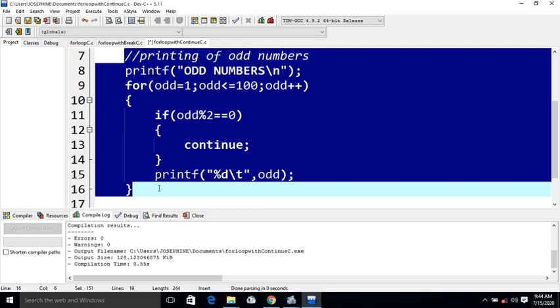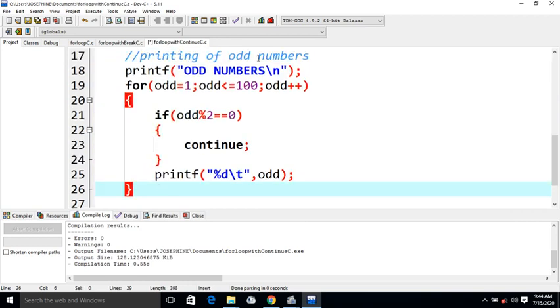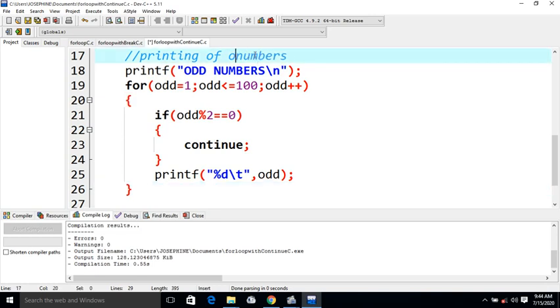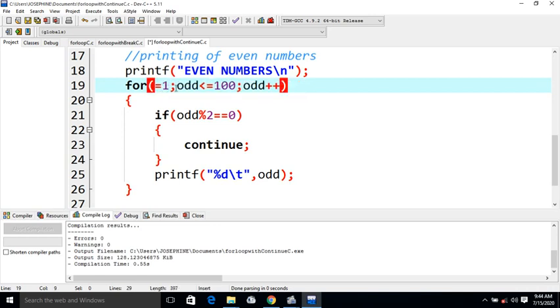So you modify those things that need to be modified. So printing even numbers, you have to modify the comments, even numbers, then you write even numbers here, then you write even here, then you write another even here,